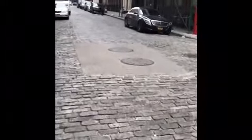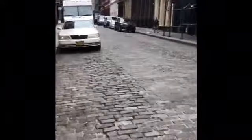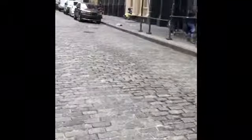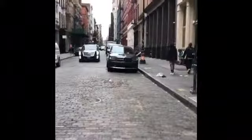Cobblestone streets were, before they had asphalt or cement streets, in the old days of horse and buggies. So they still have some streets like that here. Because as I've mentioned earlier, New York is 450 years old, older than most countries in the world, including China, the Philippines, Indonesia, India, etc. And that's a look from Canal Street, which, as I discussed earlier,